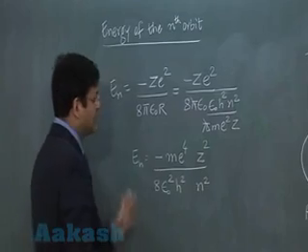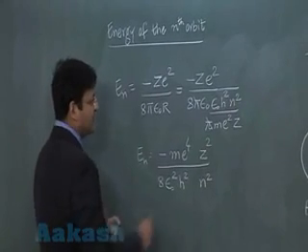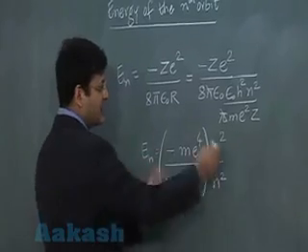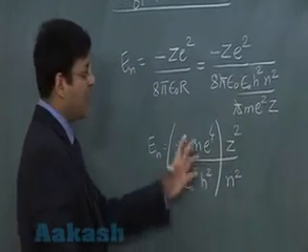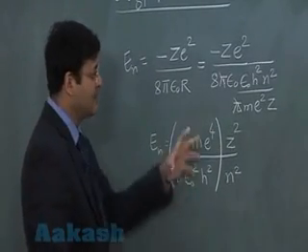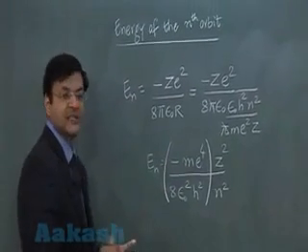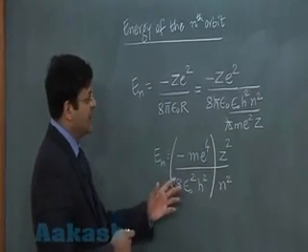Now again you can see here I have kept some of the things constant, and the rest of the things, Z square and n square, I have kept outside, so this will be helping you in finding out the value of any of the energy levels, in the sense that